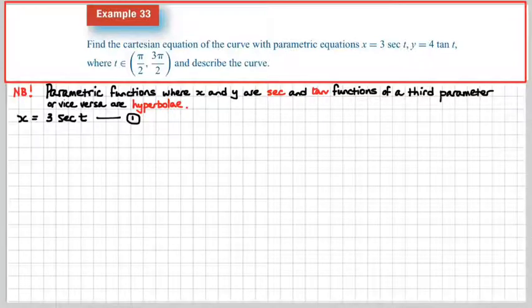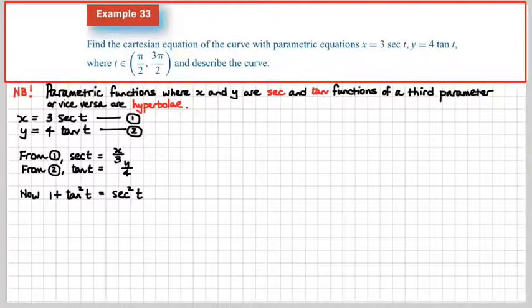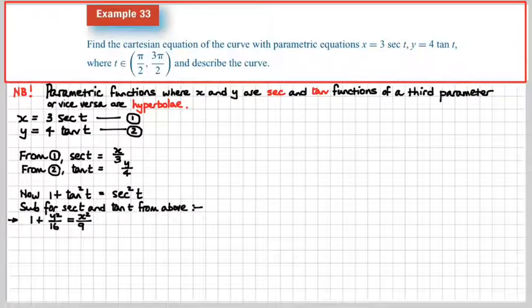So we've got x is 3 sec t and y is 4 tan t. Now we do exactly the same thing as what we did before. We make sec and tan this time the subject, like that. And then what we do then is we don't use sine squared plus cos squared equals 1, we use this one: 1 plus tan squared t equals sec squared t. And we plug these things into this one, and watch what happens. Yes, we sub for sec t and tan t from the above, and we get that. Okay, now if we reorganise that a little bit, we're going to get that,